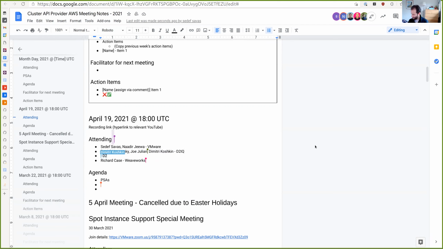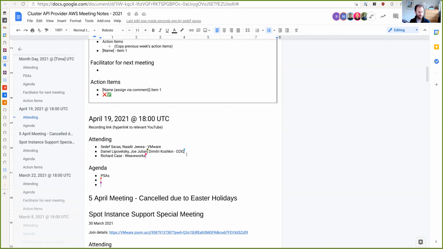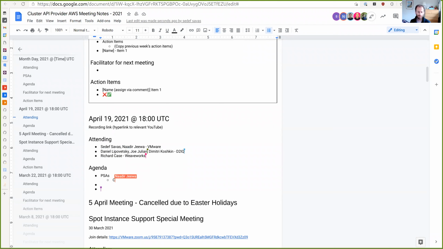So we haven't got much on the agenda so far. If you've got any items, please make sure you put them in. First PSA, I think we've got, is Cluster API